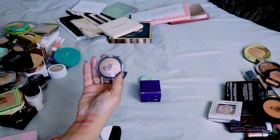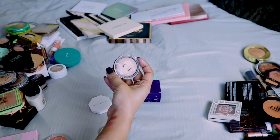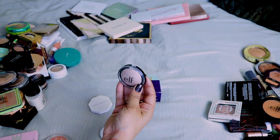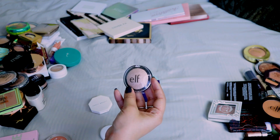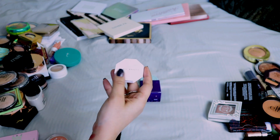this highlight, when I first got it, I thought it was really bad. But then I found out you're supposed to scrape the top off. Once I did, this highlight was beautiful, and I'm so glad that I kept trying and kept it, and I'm definitely keeping it. Then we have this Fenty Beauty Mini